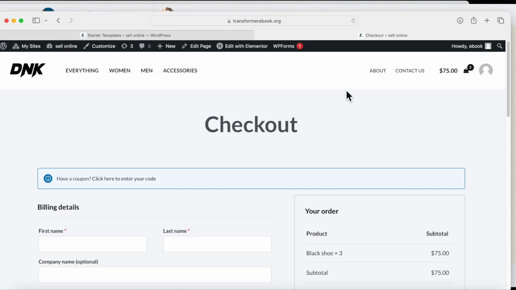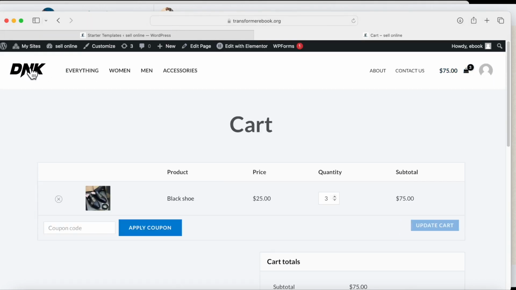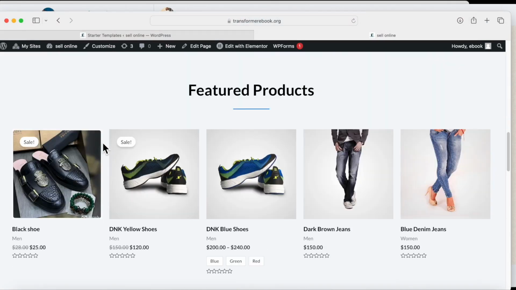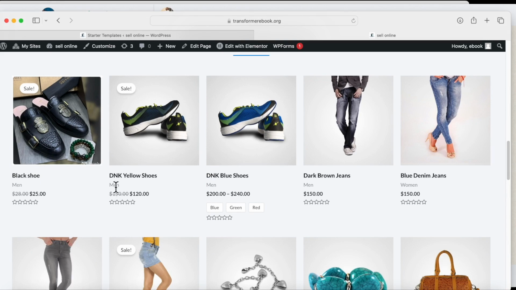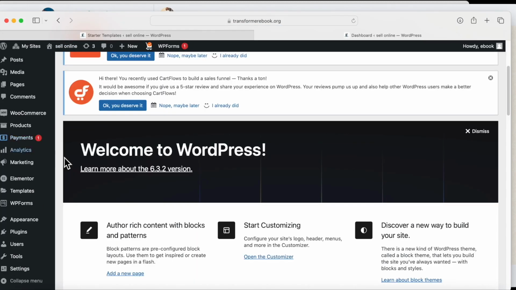But we have to link this page for payment page. Right now it's still on test page. So we'll go back to the site. So the next thing we'll be looking at, we'll just go back to our site. Let's talk about variable product. Right now, this one we just talked about is a single product. Now we will talk about variable product. But before then, let me show you how you can add